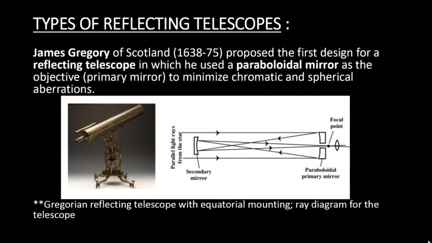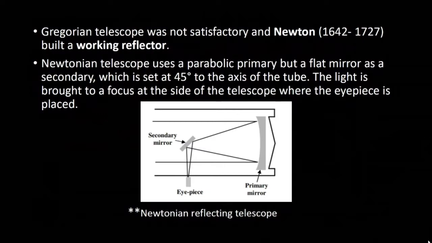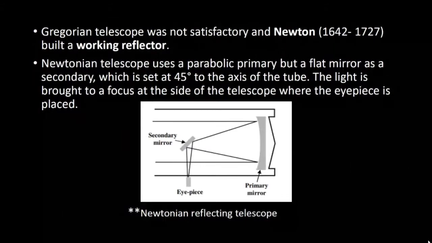Next slide. In this telescope, the light from a distant object hits the primary mirror first, and it is reflected to the secondary mirror, which reflects it again down the telescope tube going to the secondary focus. Thus the light emerges from the telescope through a small central hole in the primary mirror, and it is observed with an eyepiece or the detector. The performance of the Gregorian telescope was not very satisfactory, and again Newton was there to modify it.